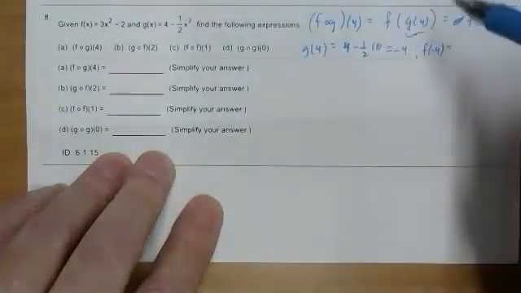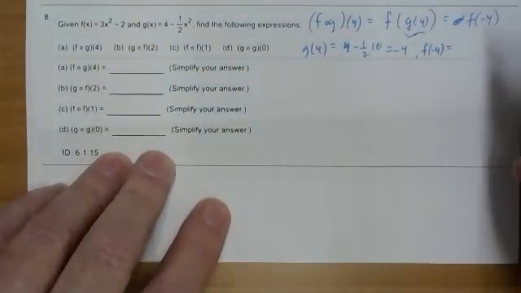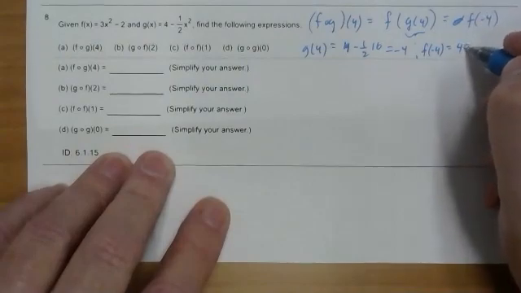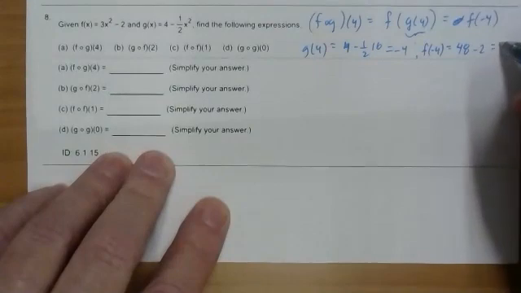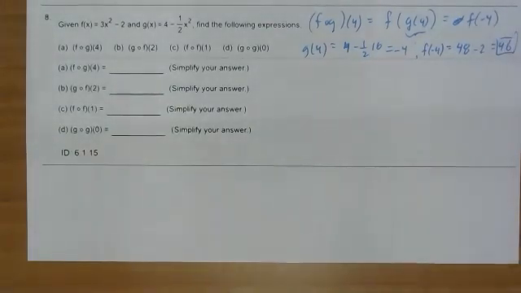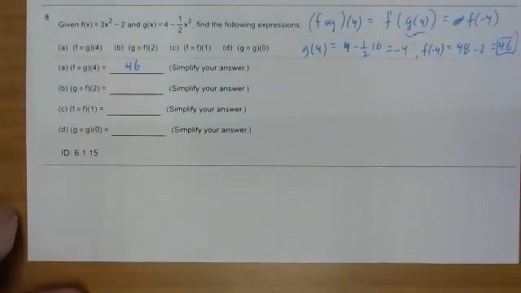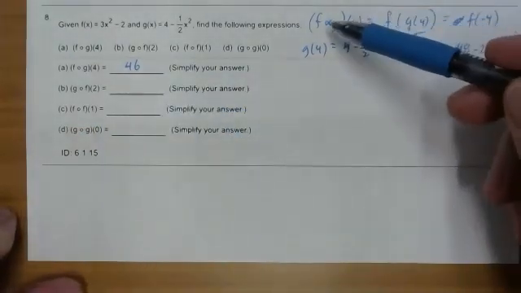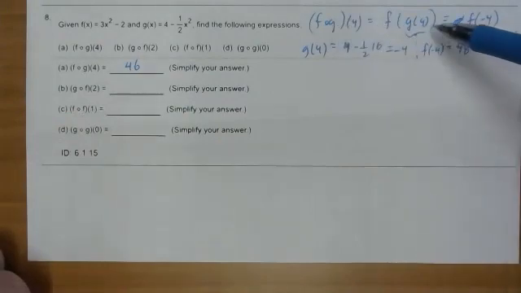So 3x squared, -4 squared is 16. 3 times 16, I believe, is 48 minus 2. If I had to make any math errors, this is 46. So we'll do the rest of these, but the key is I always rewrite my composite functions